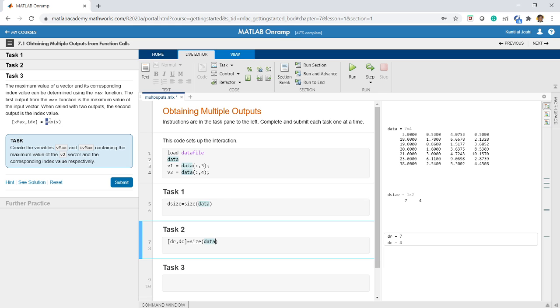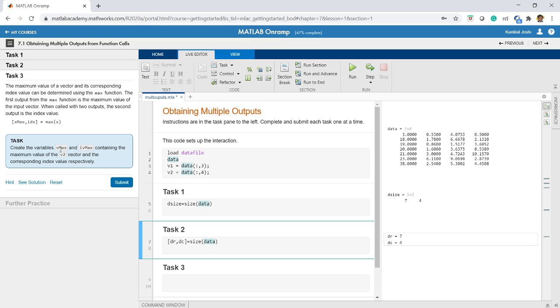When you write max with the variable name or the matrix name in parenthesis, it returns two values. The first value returned is the maximum value, and the second is the index of that, meaning the position of that. Let us understand this more by doing this third task.